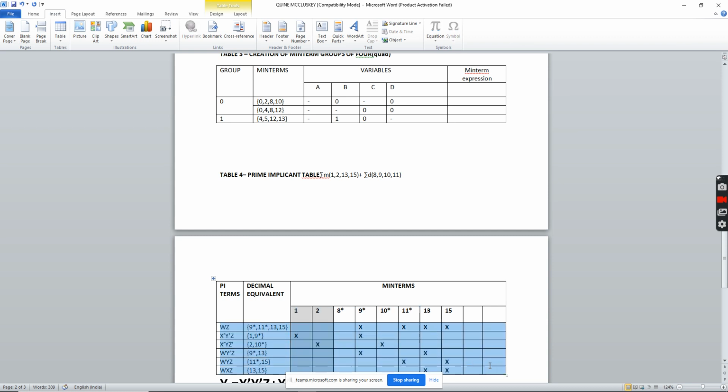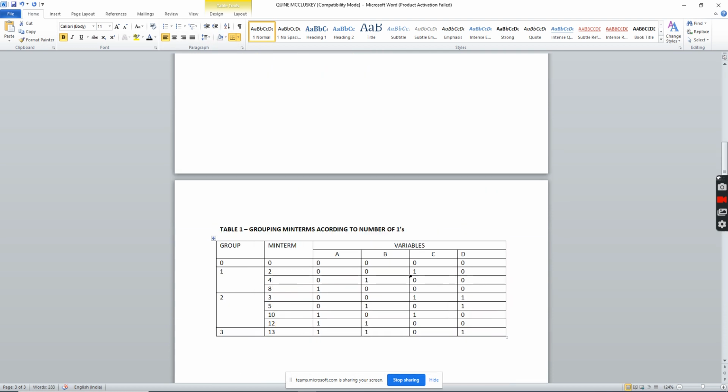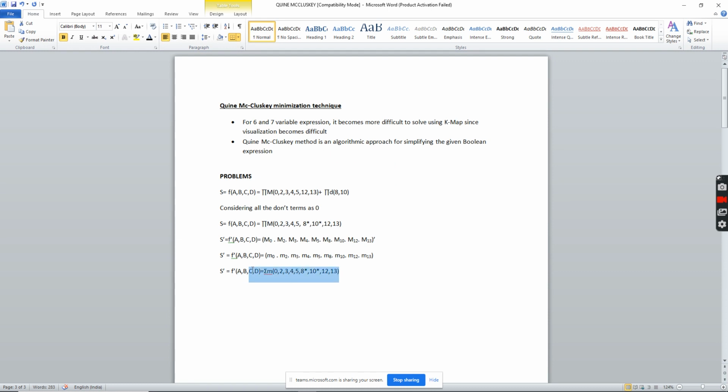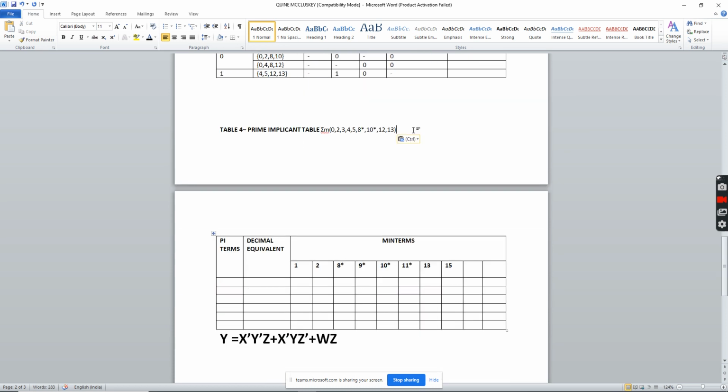So before going for the prime implicant table, I will try clearing all the cells. So I'll be deleting it, and these will be small cells. I'll be going back to my question and copying the question. It's better to avoid writing, even if you avoid writing 8 and 9, it's fine, because 8 and 9 are don't care terms. It's better you don't write don't care terms here. Even if you write them, no problem, but better to avoid writing don't care terms.